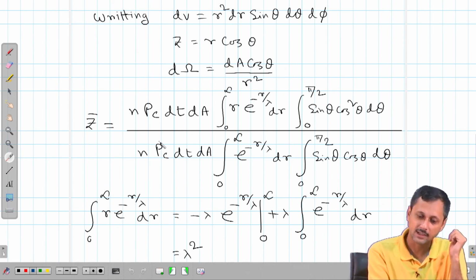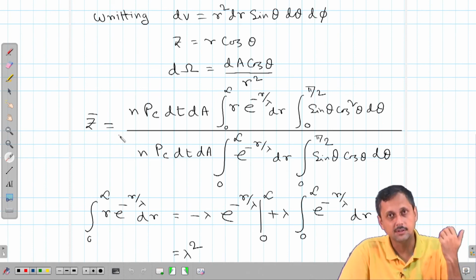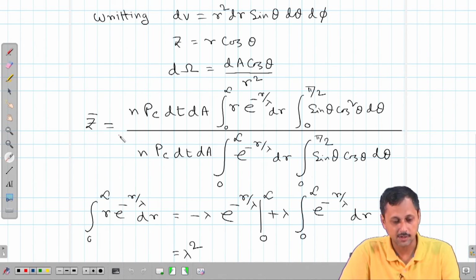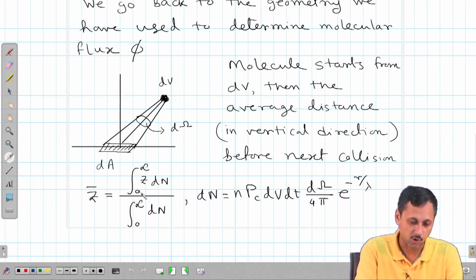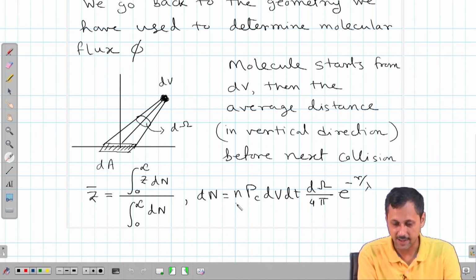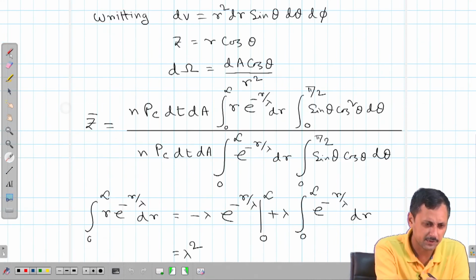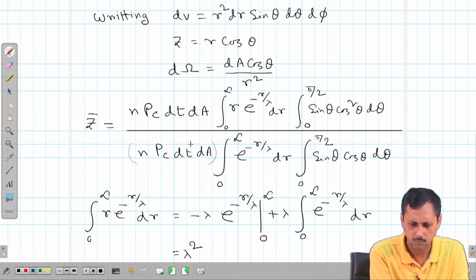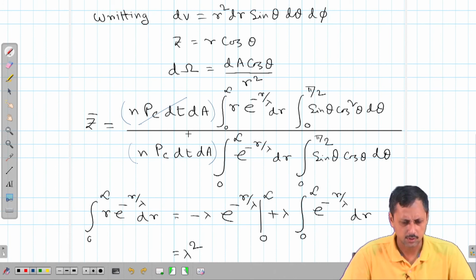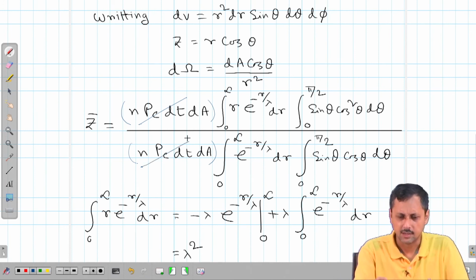Once we do that, many terms from the numerator and the denominator are in common, because both will have n Pc dt and dA and divided by 4 pi, which will be cancelling out. I just kept this in order to show you, but these terms are nicely cancelled out,